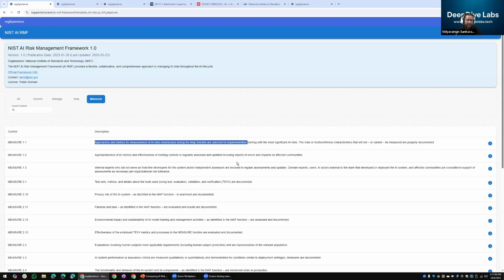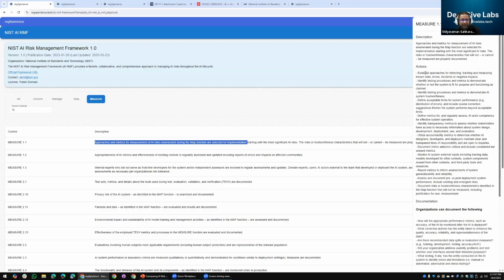And then this particular requirement is a bit more specific, and there are some specific guidances in terms of what actions to take. Now, assuming that this particular control and this requirement as specified by this description has already been satisfied and you had conducted an assessment, it would be ideal if you can understand whether this equivalent of measure 1.1, this particular description, is also being asked for in another of these